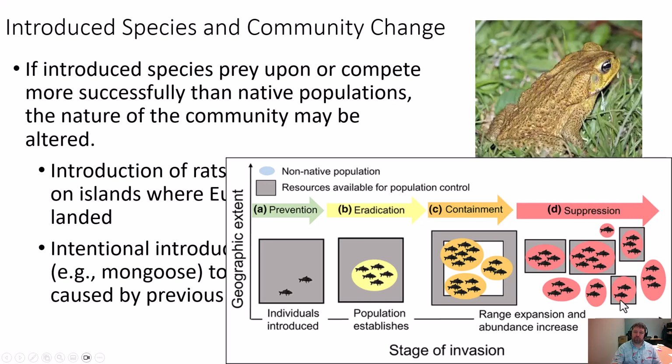Okay, next time out, we're going to talk more about human involvement in community change, and from a perspective of food resources and hunger, what can we do to support our growing human population in the world without destroying native populations, or at least minimizing the destruction of native regions in order to grow food to support 8.2 billion people. Next time.